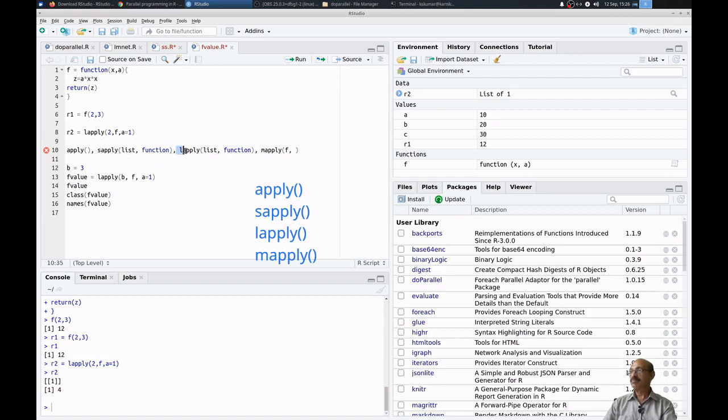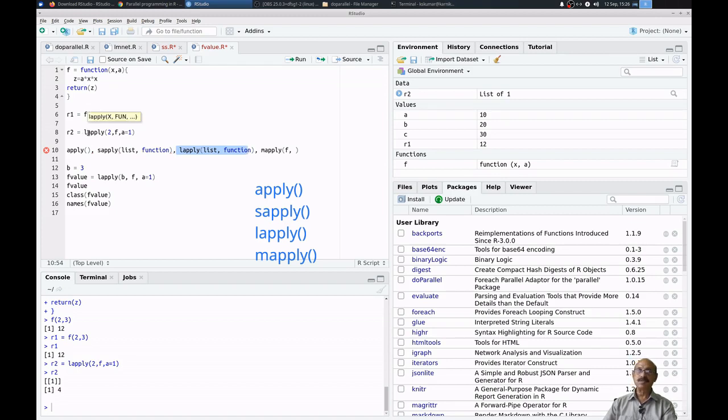Apply or lapply will return the value as a list; the L means list. The values of the variable arguments, like 2 and a, will be passed on to this function, and it will return z. That z variable will be converted into a list.